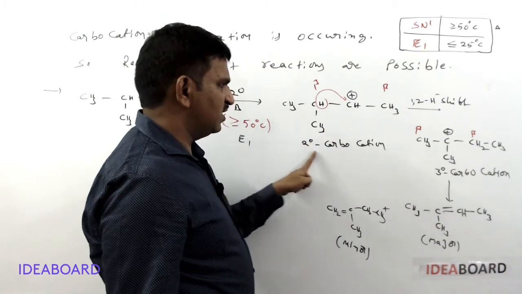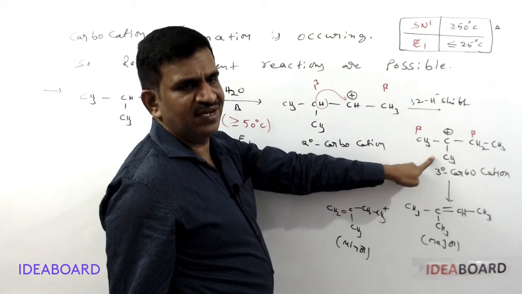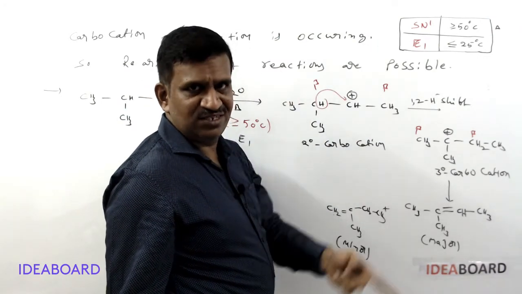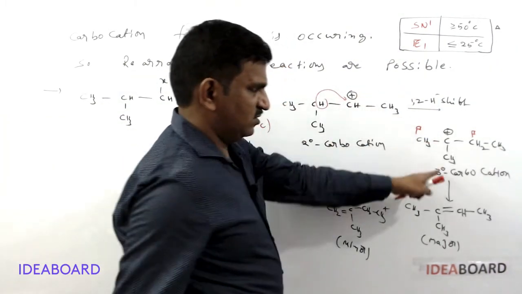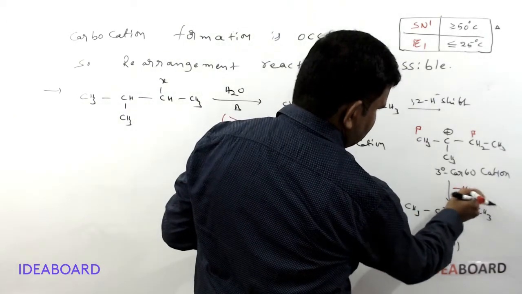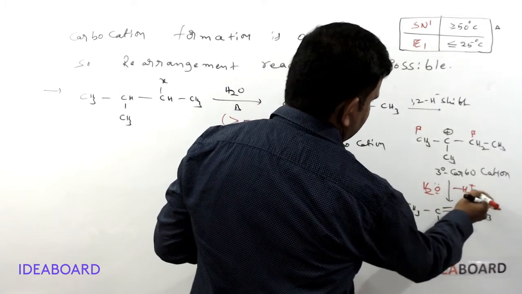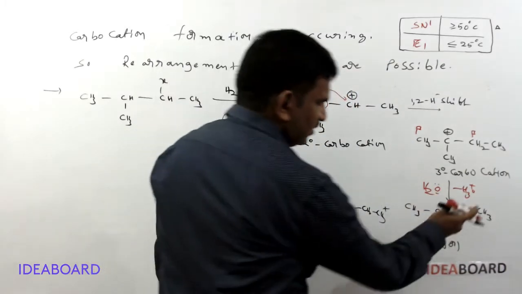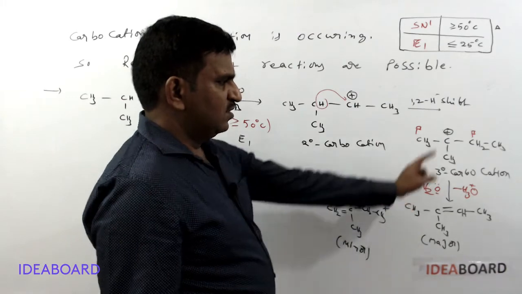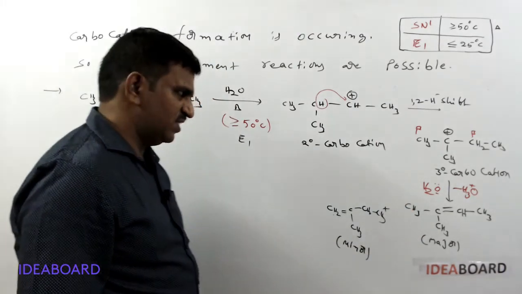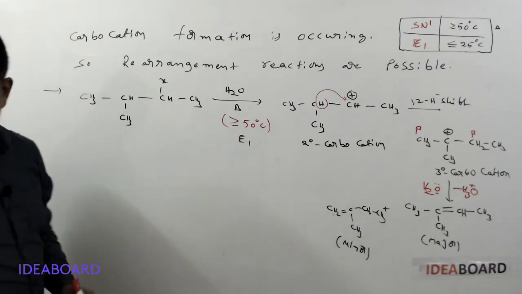But what type of carbocation is this? Secondary. If there is a possibility of rearrangement to get a more stable carbocation, that will occur first. After the rearrangement only, the proton removal occurs. This is proton removal, minus H+, or if H2O is used as a nucleophile, we get H3O+. Then we get the major product. This is a hydride shift, and similarly you can do the methyl shift and phenyl shift also.